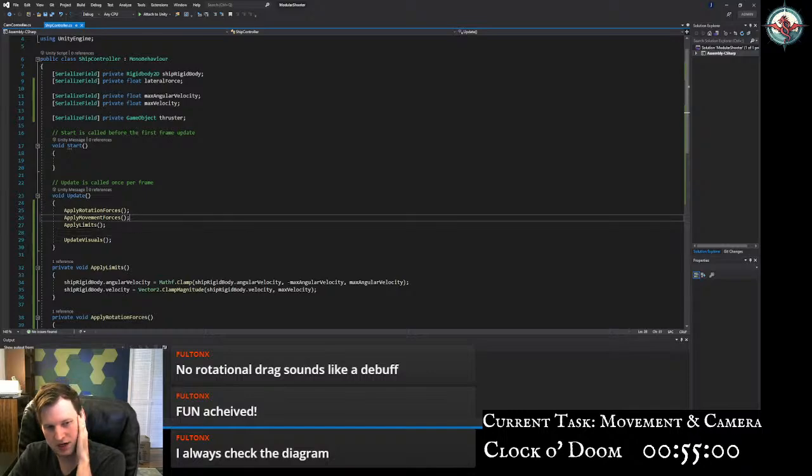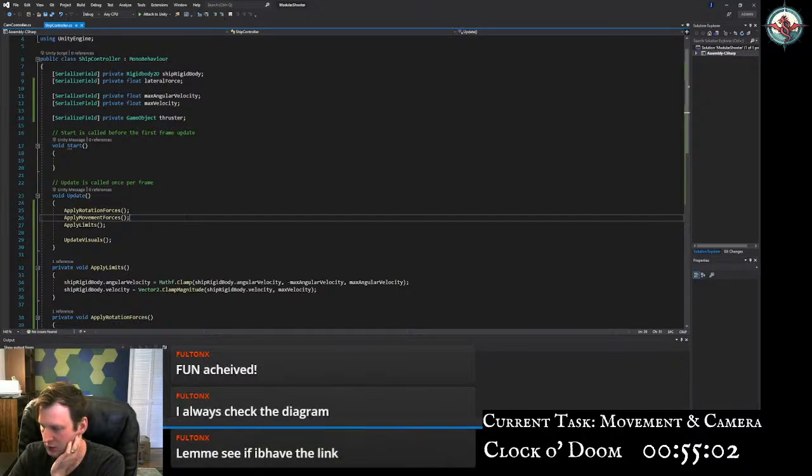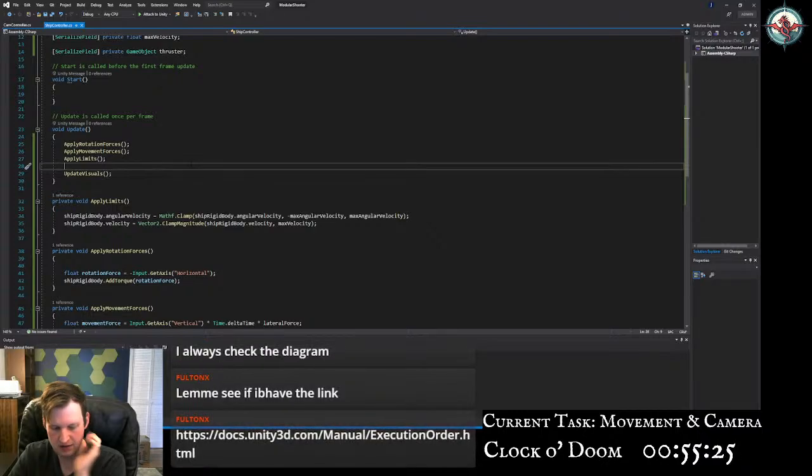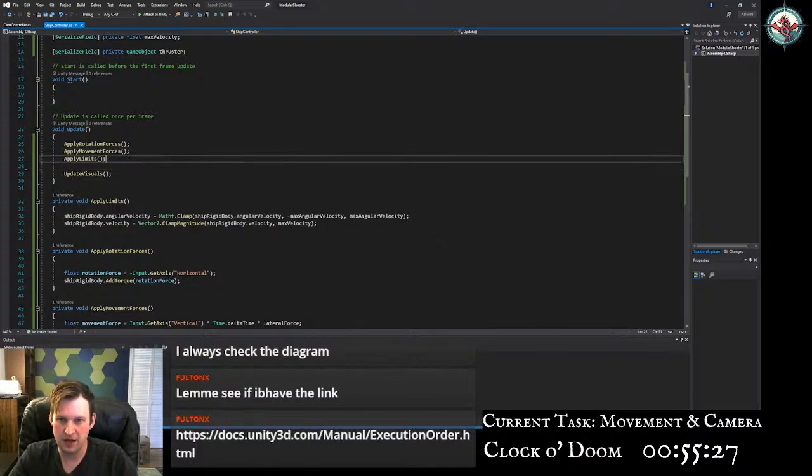The diagram of the order in which all the things are called. There should be a step where I can... Either way, the forces are getting applied, but then the limits are getting applied, but then I guess the forces get added in a physics step that's separate from the... Is there a step between the physics calculation and the updating of the thing? I don't know. I don't think this really matters because I don't need to control anything in between applying the forces and when the ship updates. I was just thinking it would be stationary if I set the limits to 0, but I